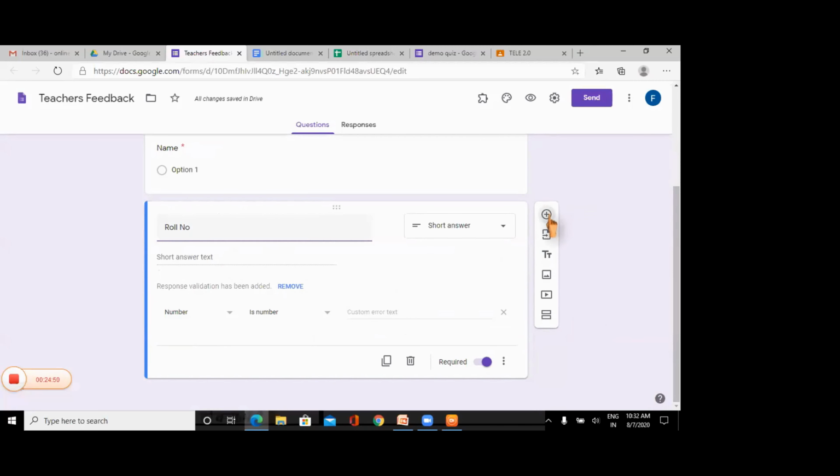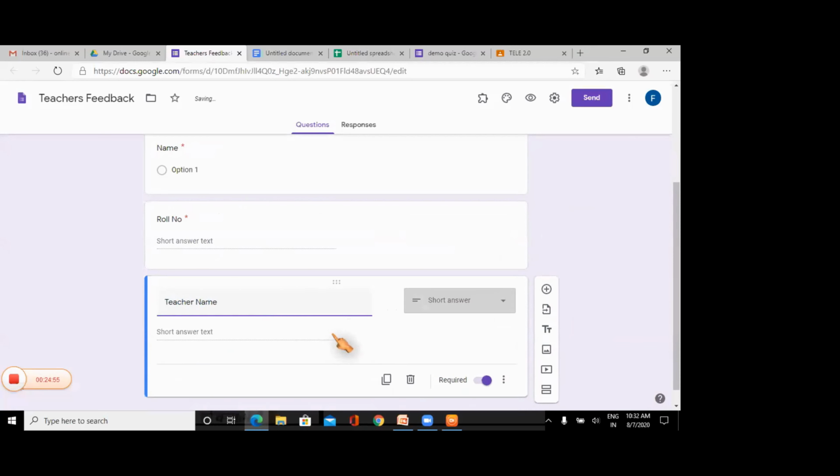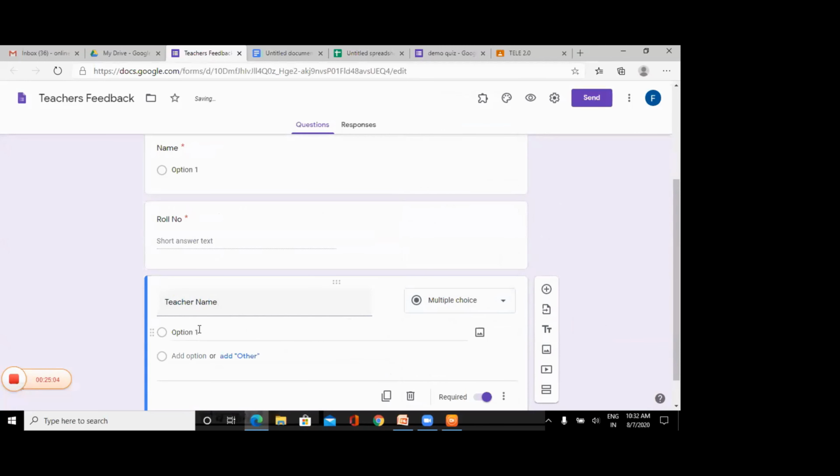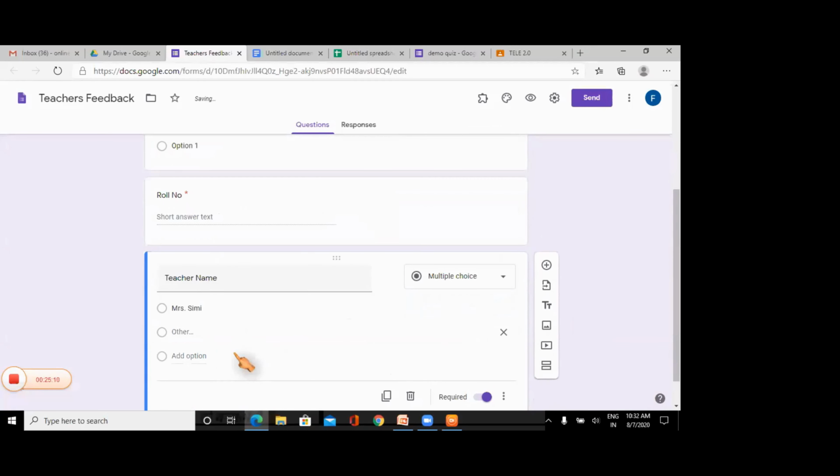Next question, teacher name. This I can take as drop down or multiple choice. It's your choice. So suppose teacher name is Mrs. Simmi. Next teacher is Mrs. Sarita.